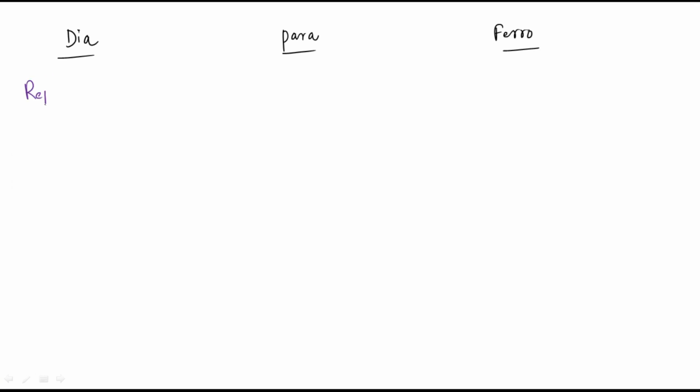So write that point: repulsion of magnetic lines from the center of the material. Like that, here attraction of magnetic lines